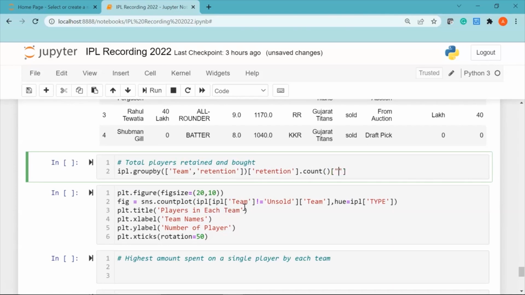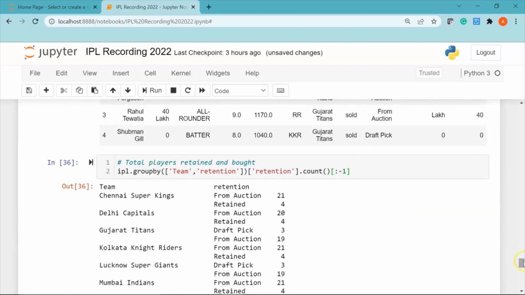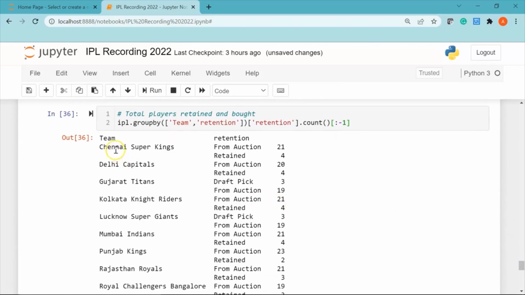And then I'll say colon -1. Let me run it. You can see here the different team names because I have grouped by team and then